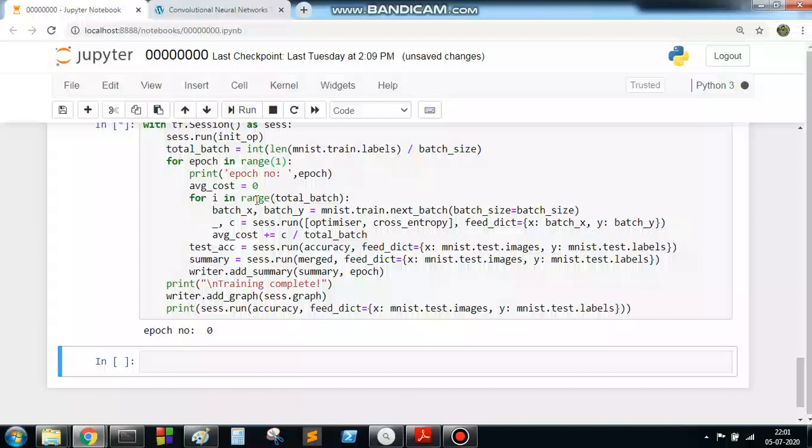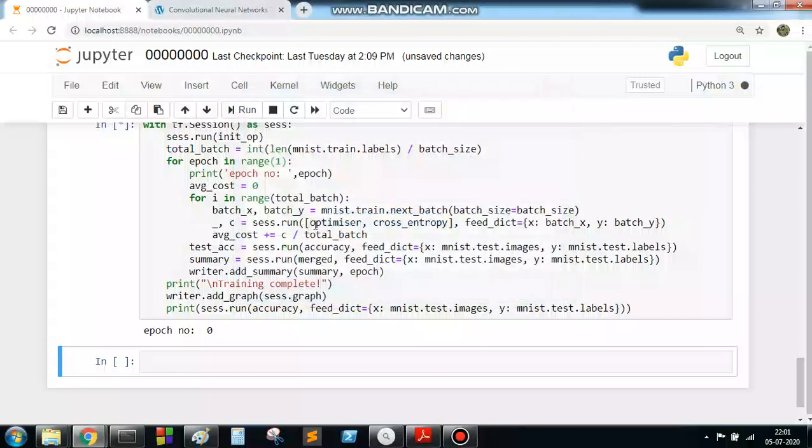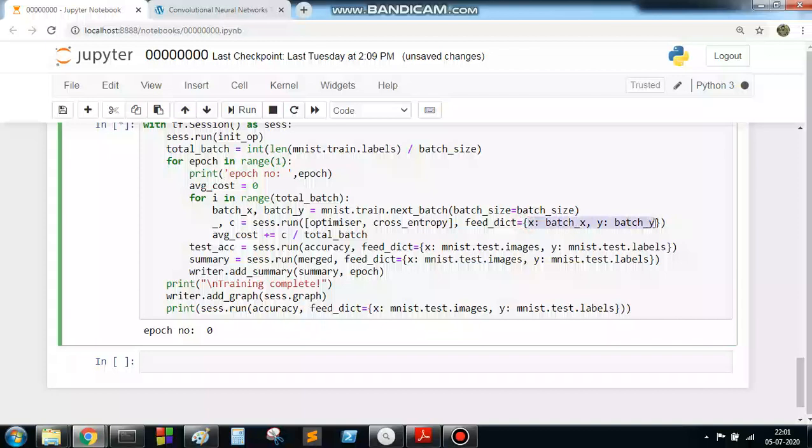So this inner for loop will run over the total batch size, and for each batch the train object has a method called next batch, which will automatically take the next batch if it is available. Then we are passing the optimizer and the loss cross entropy, and this is the way we need to feed the placeholder. We have already covered this in our placeholder class, and the average cost is decided.